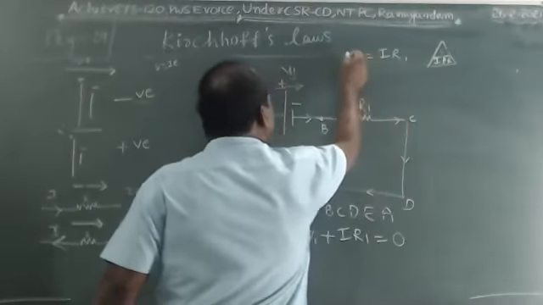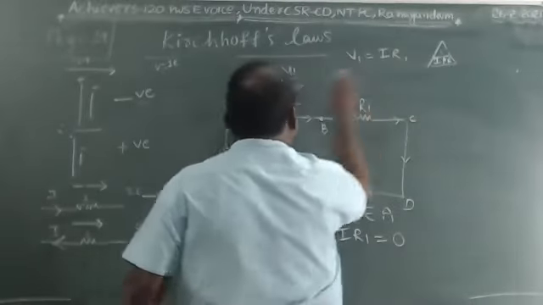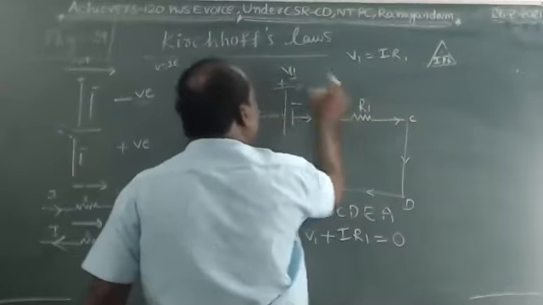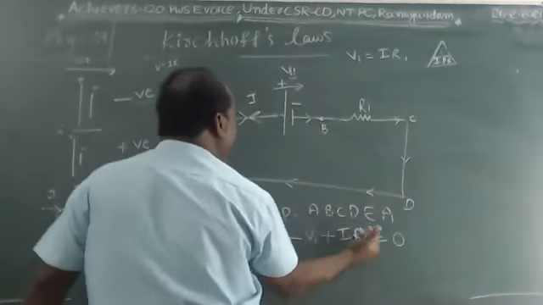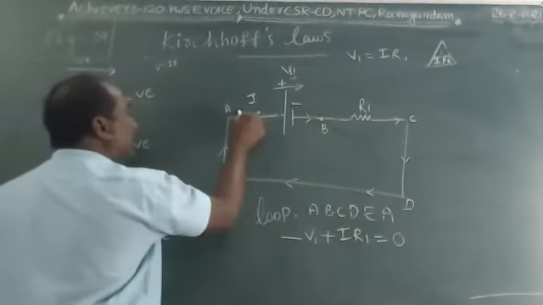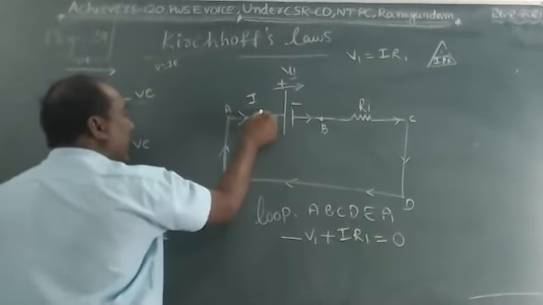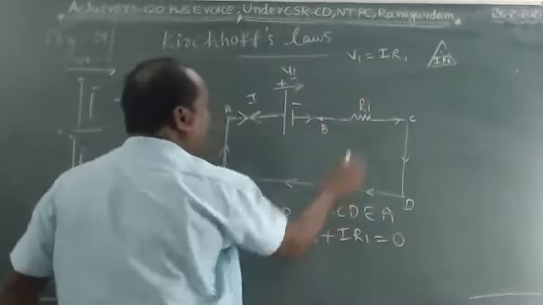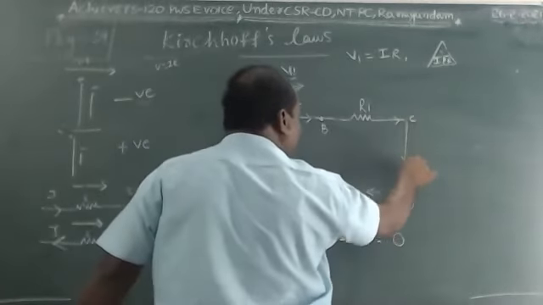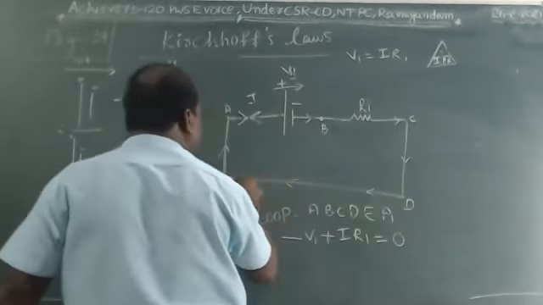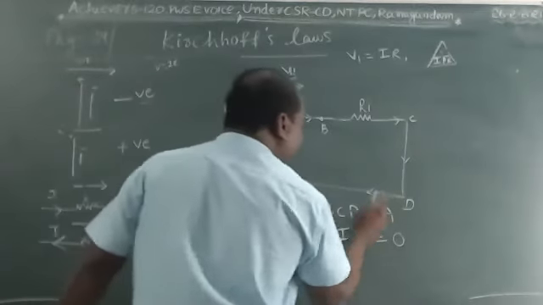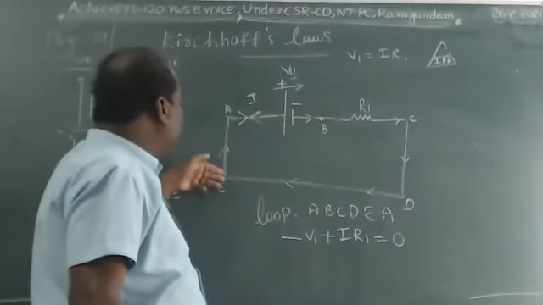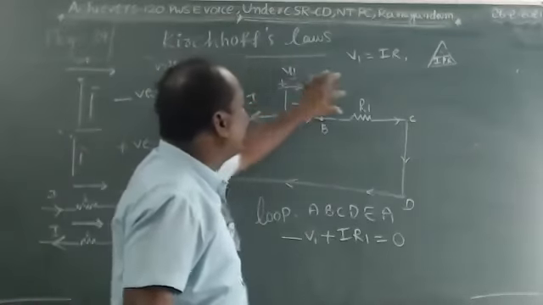So finally, the voltage formula: V1 equals IR1, because the potential difference is across I and at the same time across R1. That's why V1 equals IR1. It is positive because the potential difference is moving in this direction and the current is moving opposite to this. That's why these values are taken as positive. Now up to here is completed. The potential difference moves and finally reaches A. Then the sum equals 0, because up to here only components are there. Here there are no components; it is empty.